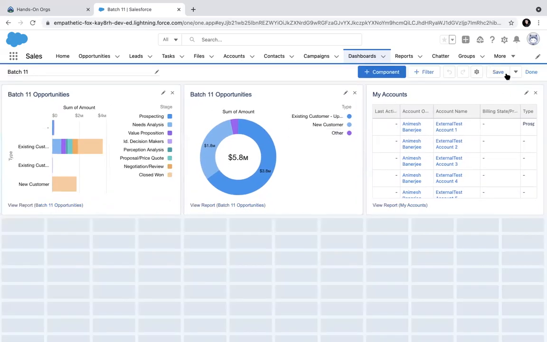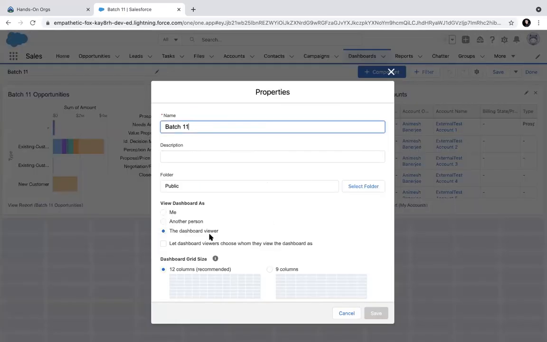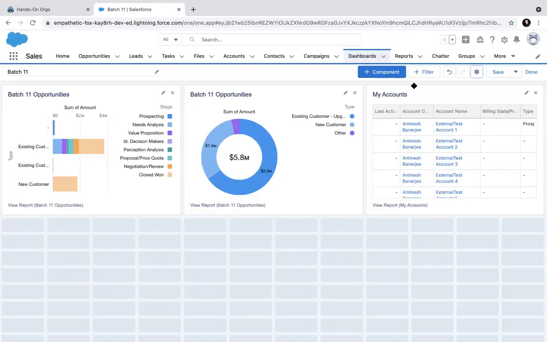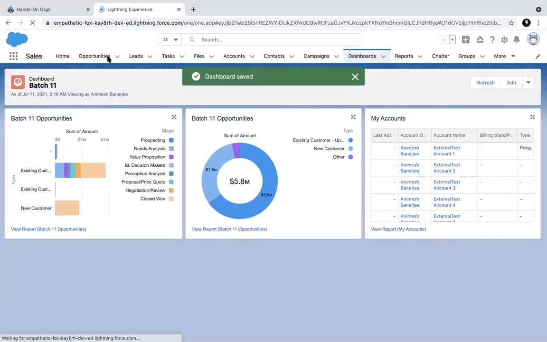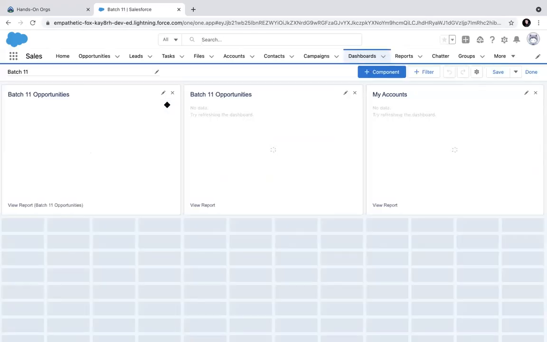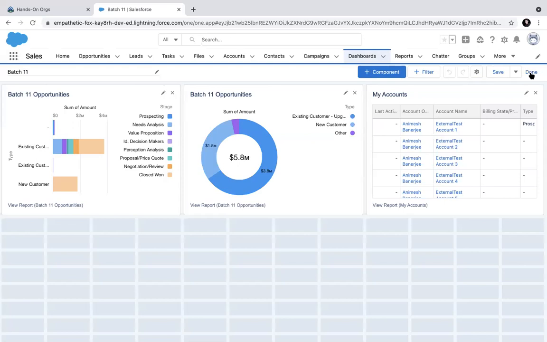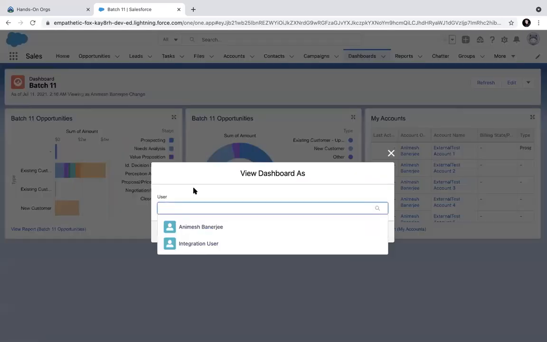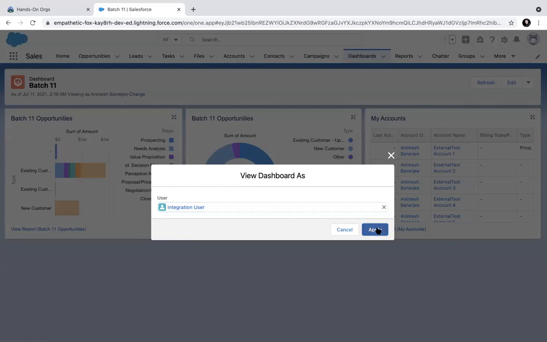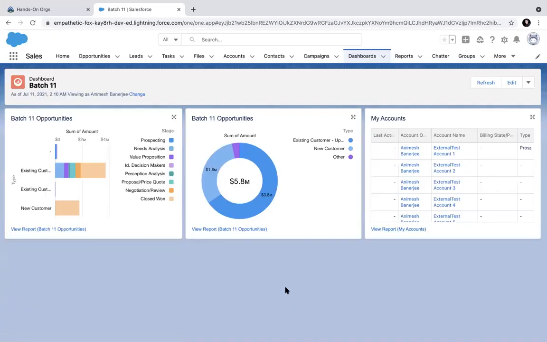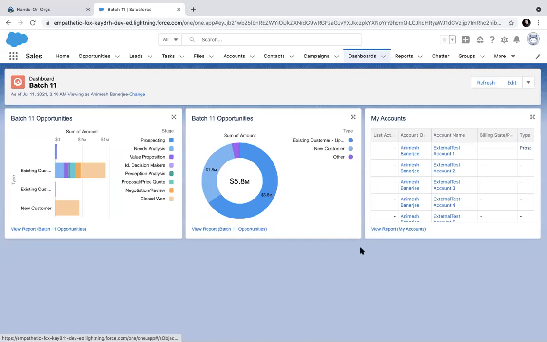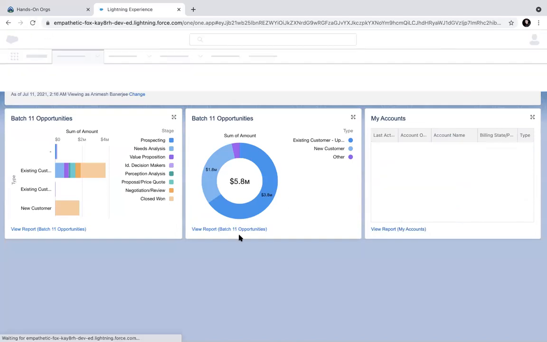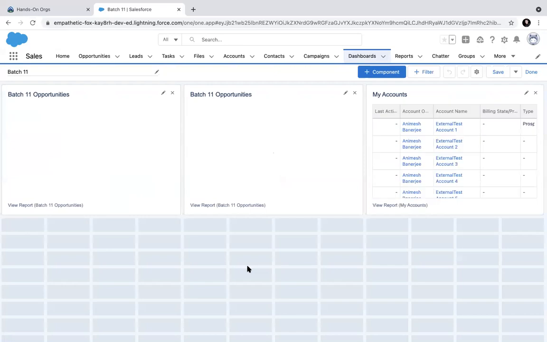But he can also see data for other people if I tick here and save it. Then if I go in the screen once again, I have the ability now to change. So I can change this dashboard and see how the data is looking for some other person. Sometimes it does not refresh automatically.